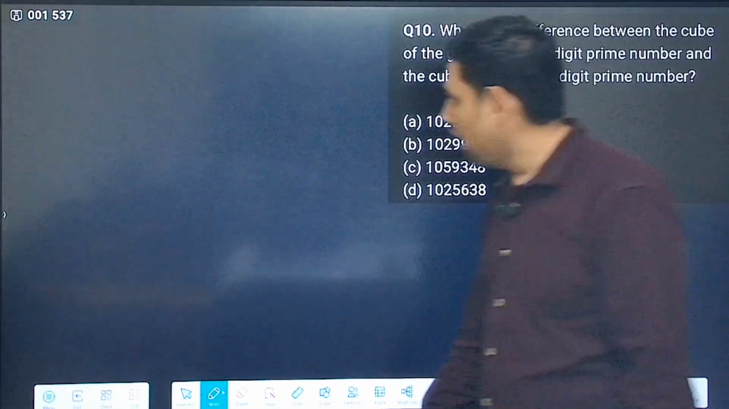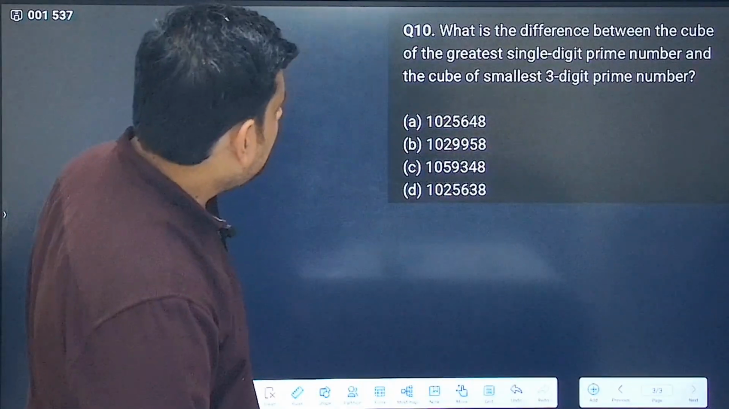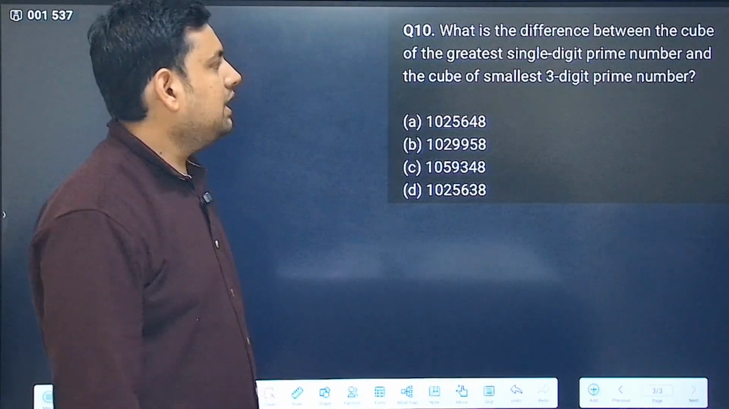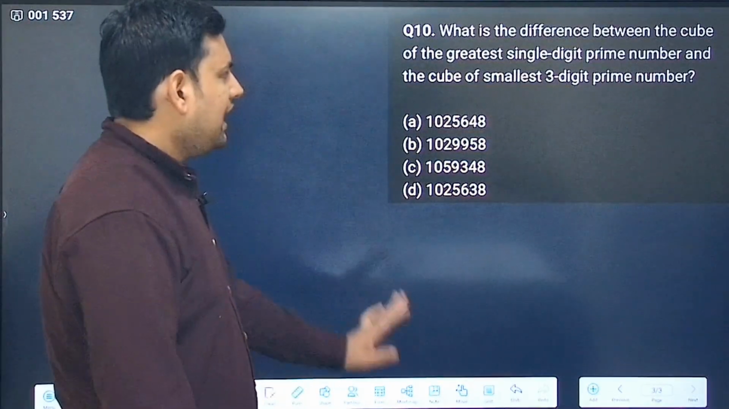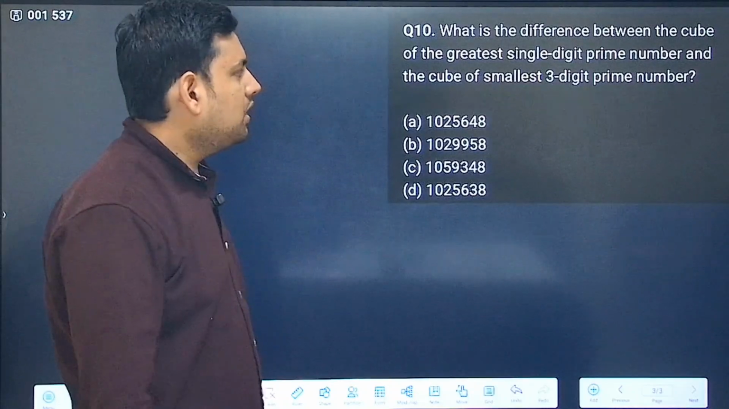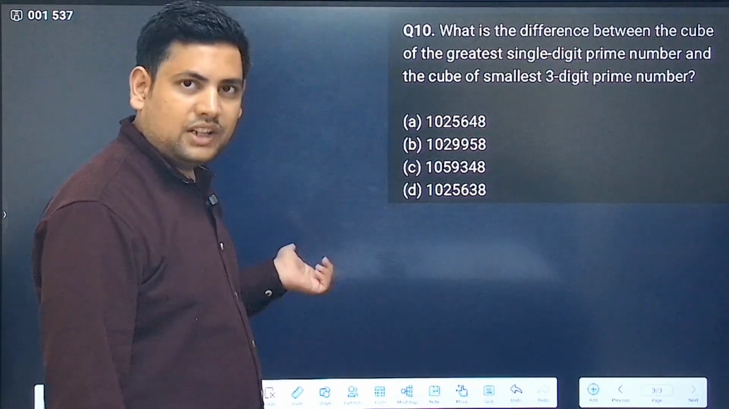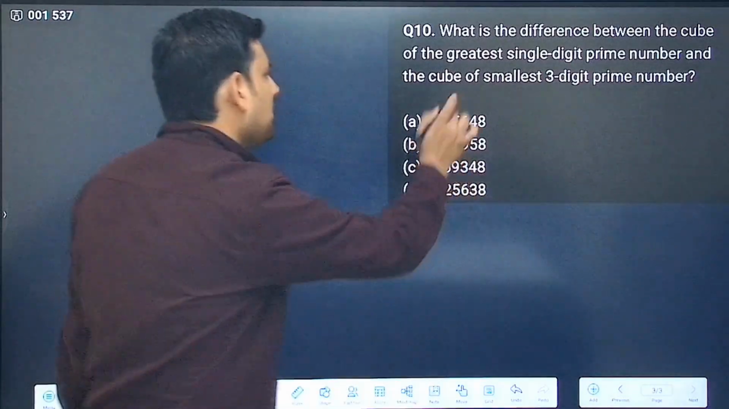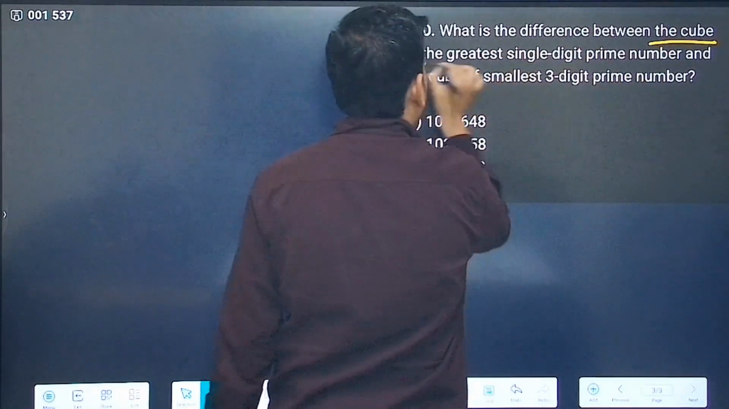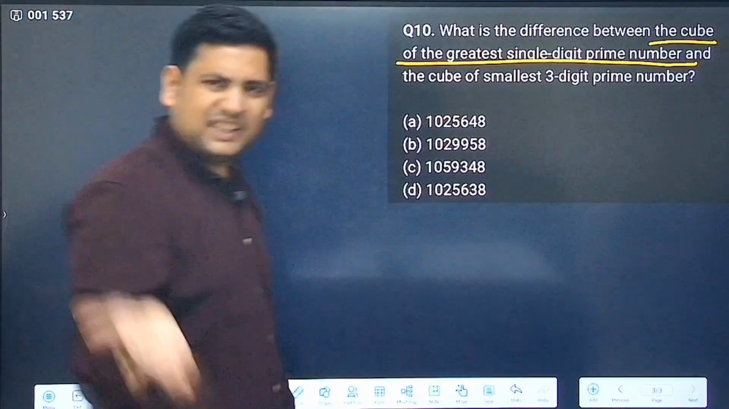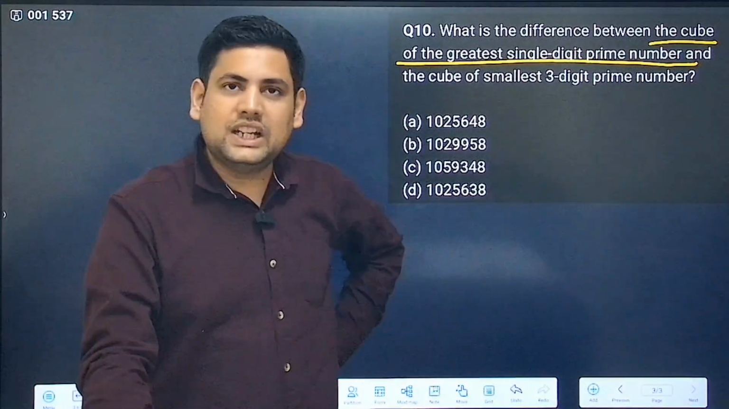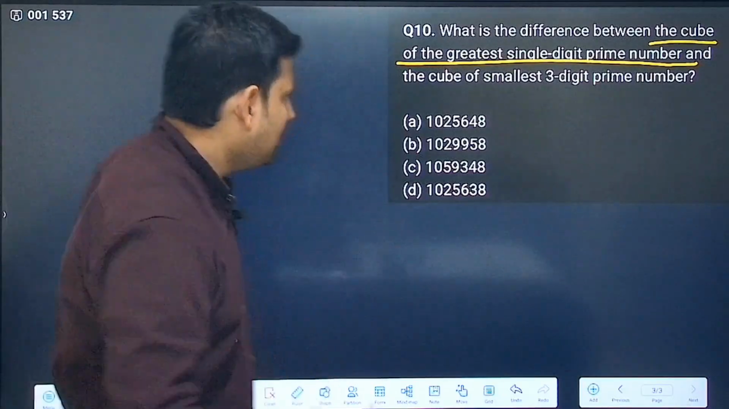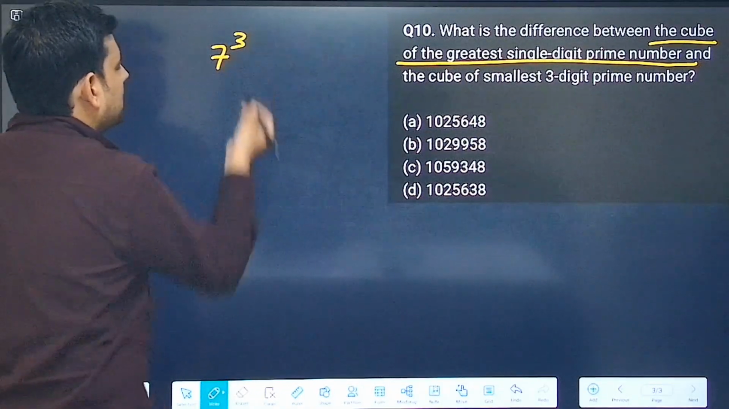Yeah, 10th. What is the difference between the cube of the greatest single digit prime number and the cube of the smallest 3-digit prime number? Now, why I have given this question is for you to understand how you can find it in a much better way. So one normal way is, I expect that you can do this. So basically the difference between the cube of the greatest single digit prime number. What is the greatest single digit prime number? Single digit prime numbers are 2, 3, 5, 7. Correct? Which is the greatest? 7. So essentially one of the numbers is 7 cube